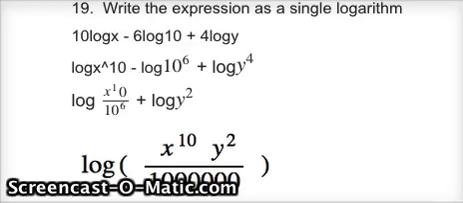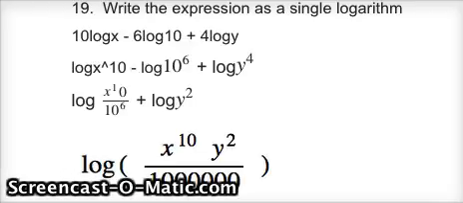So you'll end up with log x to the power of 10 over 10 to the power of 6 plus log y squared. Then with this, you're going to use the power of logs to turn addition into multiplication, and you're going to simplify 10 root 6. So you end up with your answer as the log of x root 10 y squared